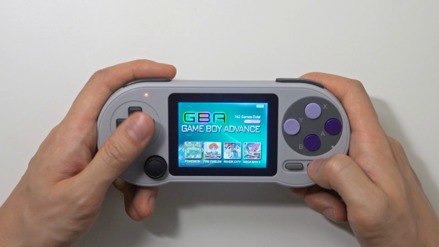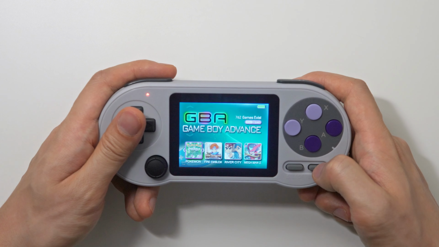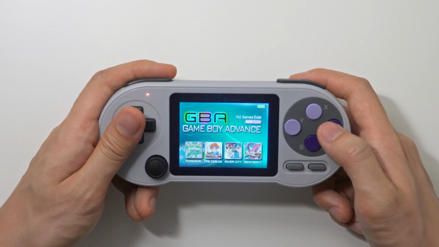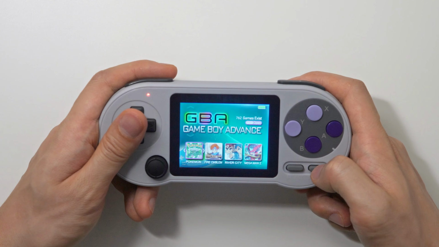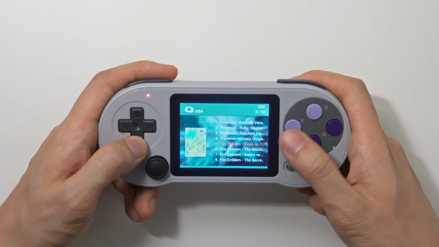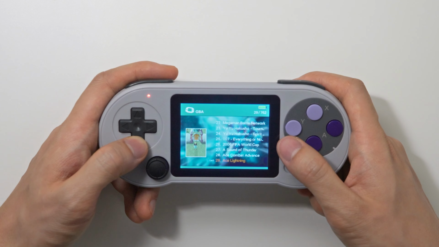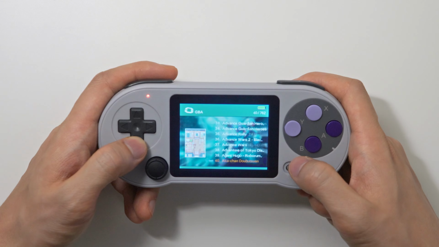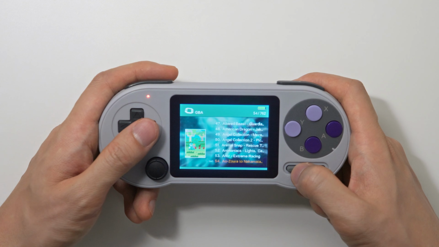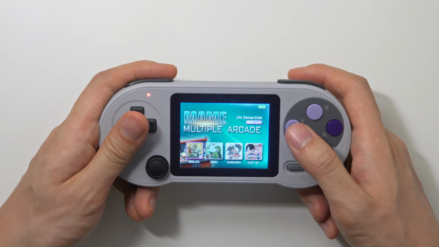Game Boy Advance. Now, 762 games is probably not the full Game Boy Advance collection, but it's showing Pokemon, Fire Emblem, River City Ransom, and Mega Man Z. So I think it's Mega Man Zero Mission. Let's press start. So we have a lot of Pokemon games, a lot of Fire Emblem, Castlevania, Rockman, Mega Man Zero, Advance Wars. So there's quite a lot of games there, but 762 is probably not the full Game Boy Advance collection. And then finally we have the MEM emulator, which is the